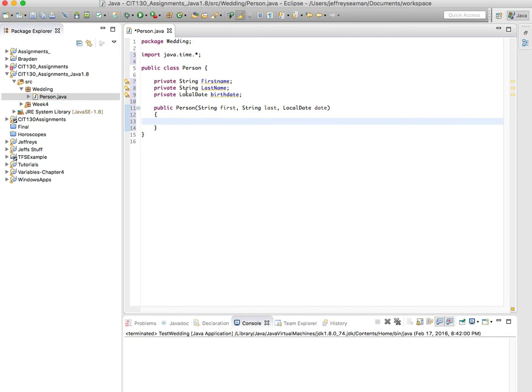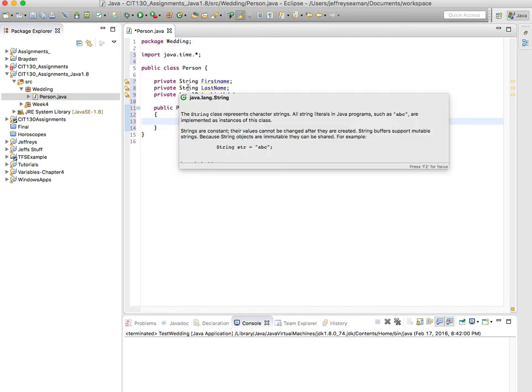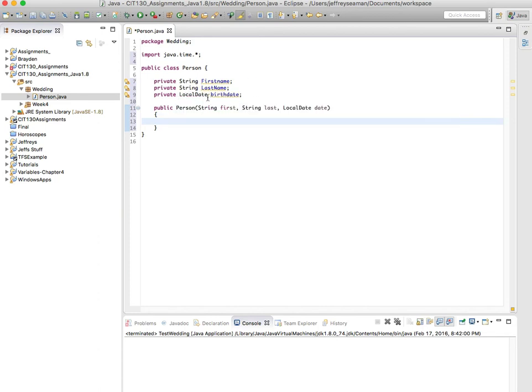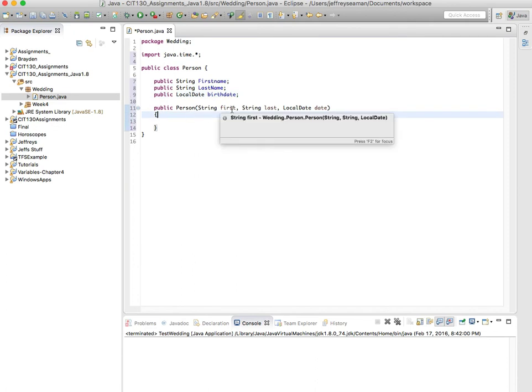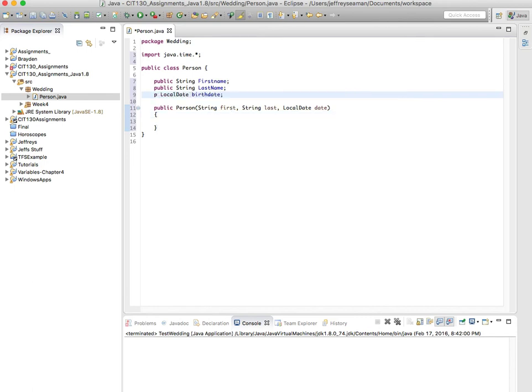Alright, so one of the things is I had someone reach out to me and say they couldn't pass the local date into here. They had these guys as public, and we don't want to show you this. We don't want to call those public. So what we want to do in this case is we need to declare them as private in order to pass the value in there, or it just is going to give you some headaches. So I'll try it back. All right. So now,